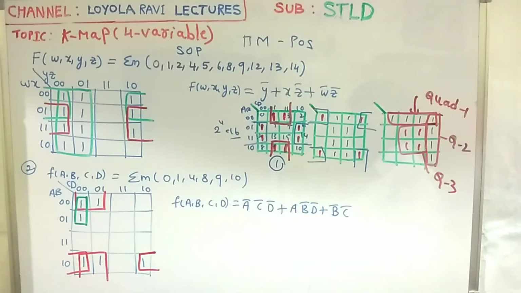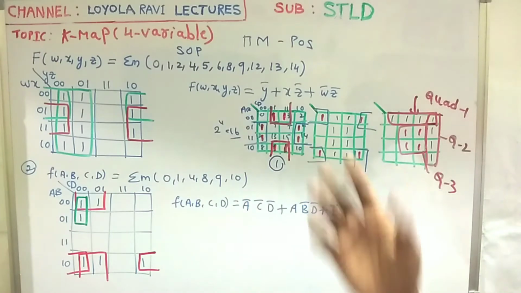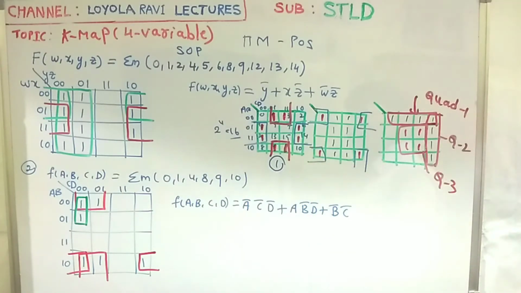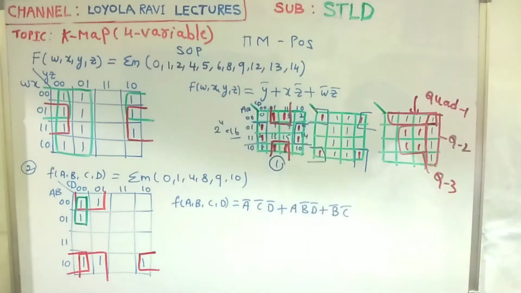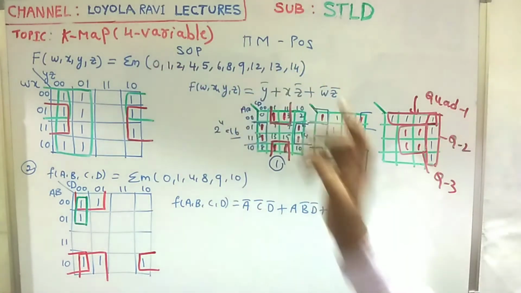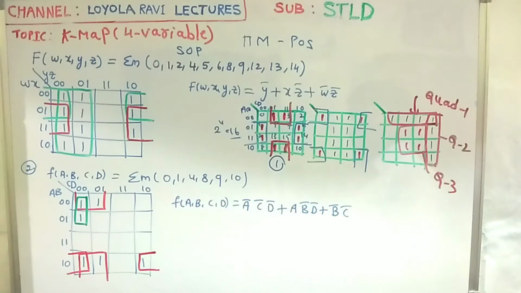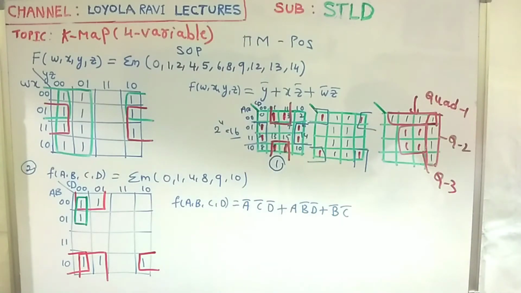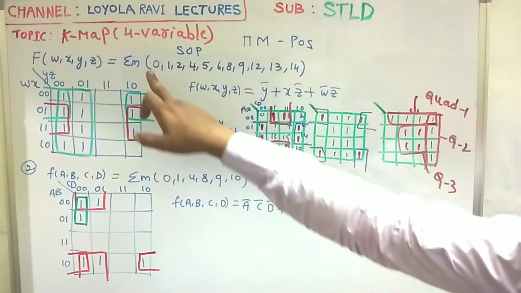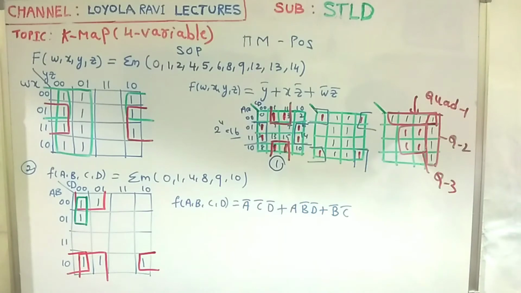Anything he may give. If he gives one expression, you can convert that into terms of minterms, like this, by using SSOP or CSOP or SPOS or CPOS, like that. By using those canonical sum of products forms, we are going to convert into minterms. So for example, this is the given problem.